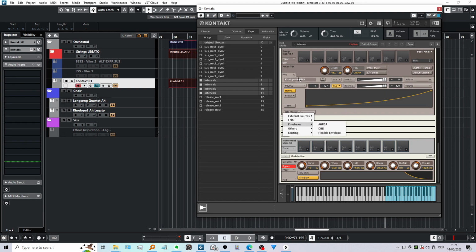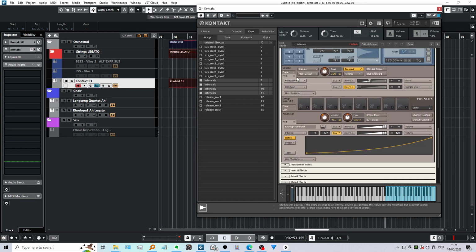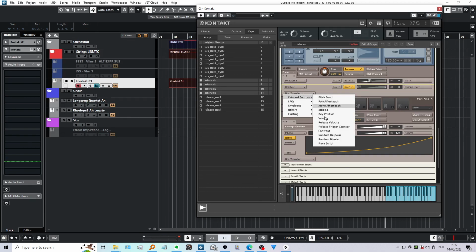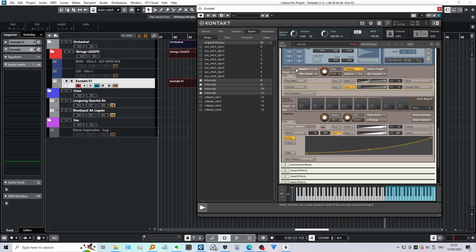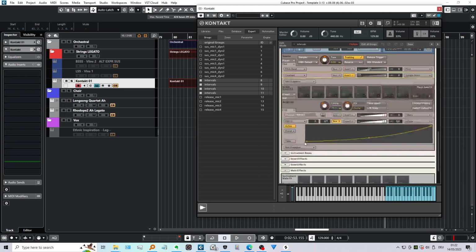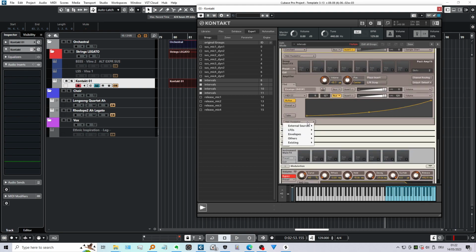It's very important that we are in the amplifier section, so you can read it here, amplifier, not in the source menu. I make that mistake quite a lot, that I select add modulator, external resource, envelopes, ADSR, that I do that in the source module. We have to do it in the amplifier module, which unfortunately looks almost exactly the same. So it's really easy to make that mistake. So add modulator in the amplifier section,